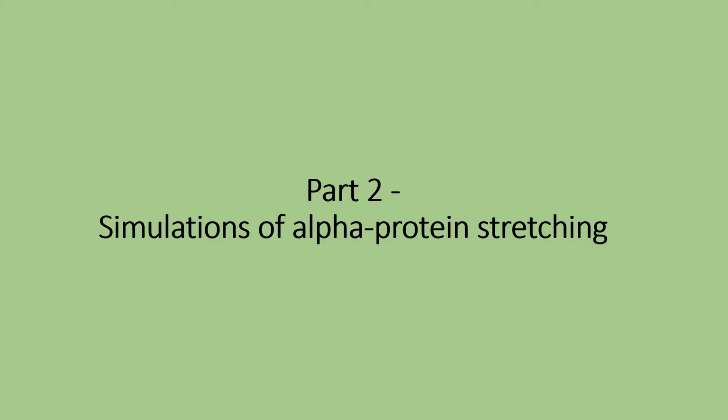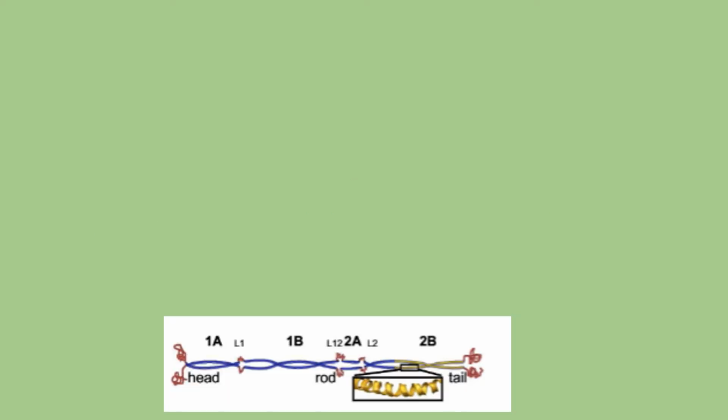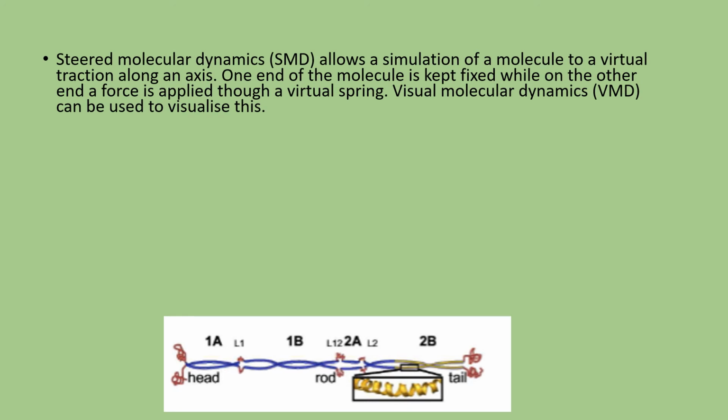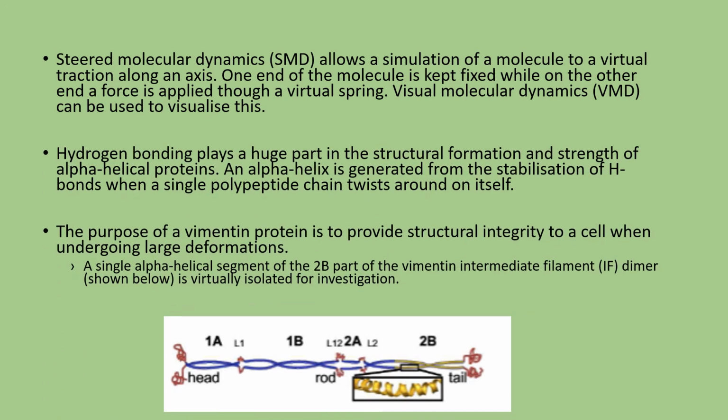Part 2, simulations of alpha protein stretching. In part 2 we are investigating a single alpha-helical segment of the 2B part of the vimentin intermediate filament dimer, which is shown below. An alpha helix is generated from the stabilization of H bonds when a single polypeptide chain twists around on itself. So hydrogen bonds actually provide a lot of strength to the protein, and the purpose of a vimentin protein is to provide structural integrity to a cell